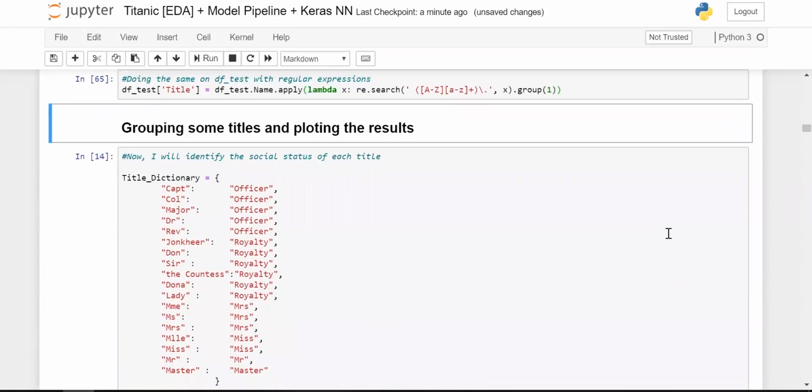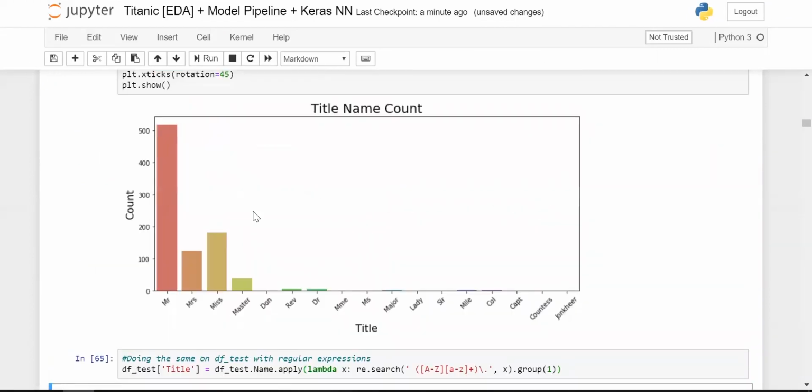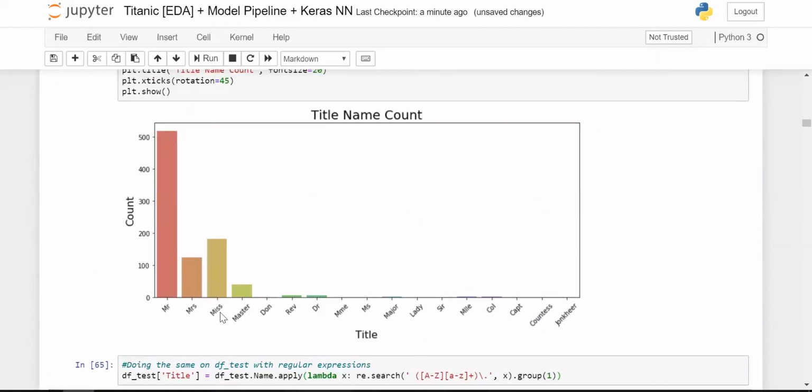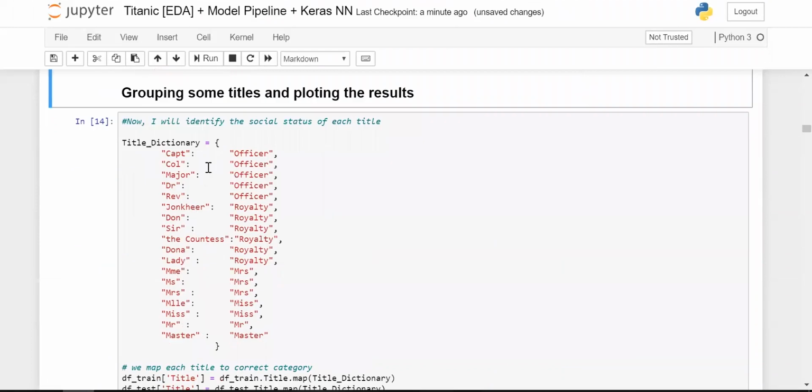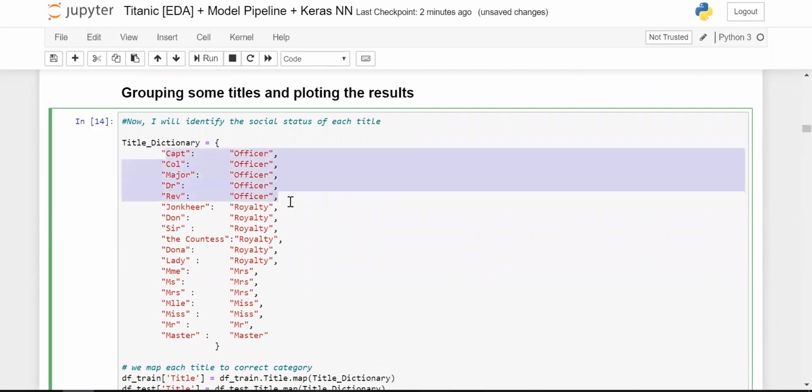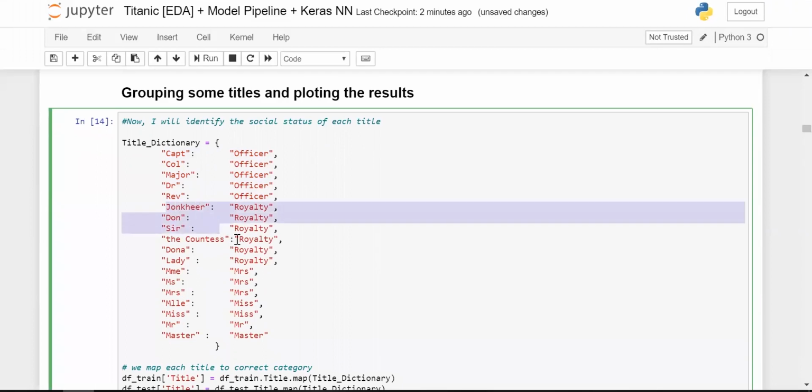Since there is a good number of titles, from this title name count chart, we will merge the similar titles into similar categories. For example, from the titles Captain, Colonel, Major, Doctor, and Reverend, we'll assign them the officer group. Similarly, for Jonkheer, Don, Sir, the Countess, Donna, and Lady, we will assign them royalty.